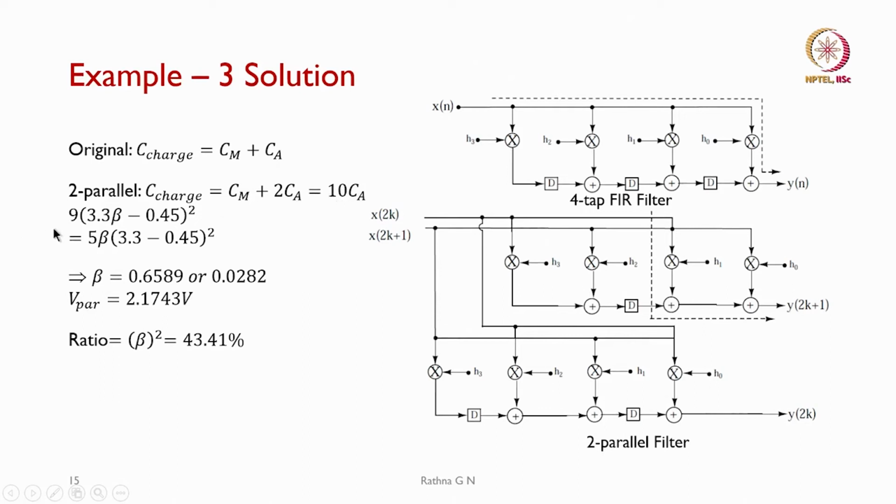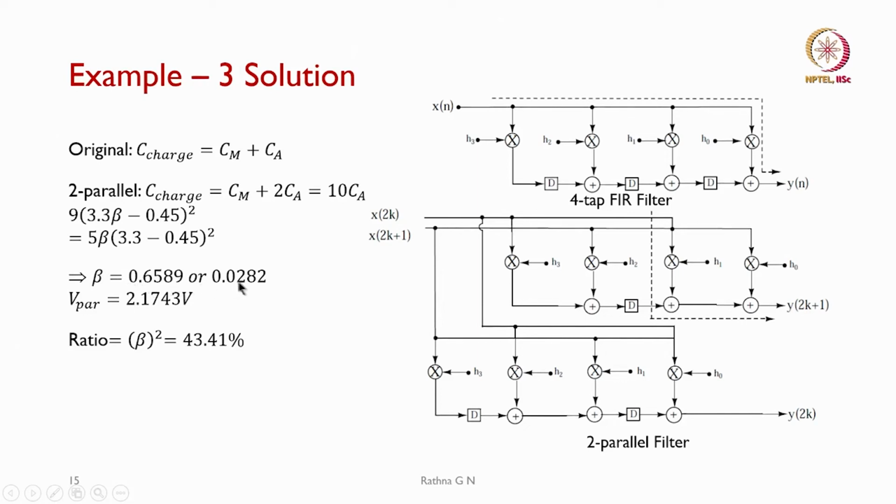Then if we apply the equation, we see that 9 times 3.3 into beta minus 0.45 whole squared is equal to 5 times beta into 3.3 minus 0.45, the threshold voltage, whole squared. So, in this case beta becomes